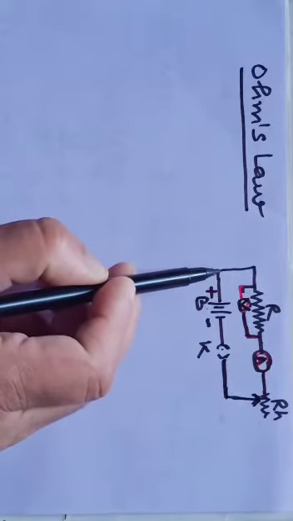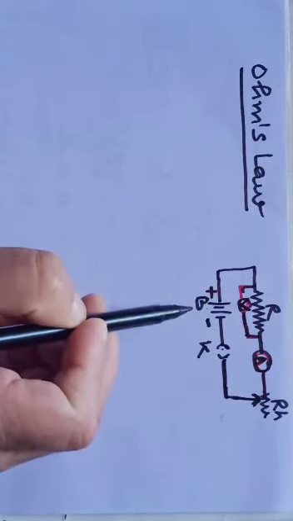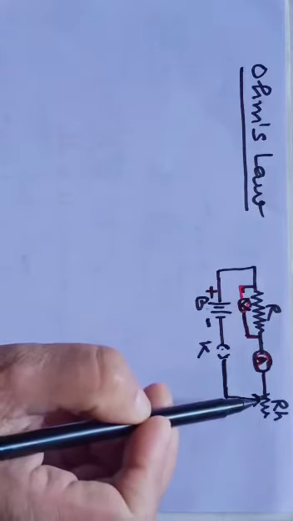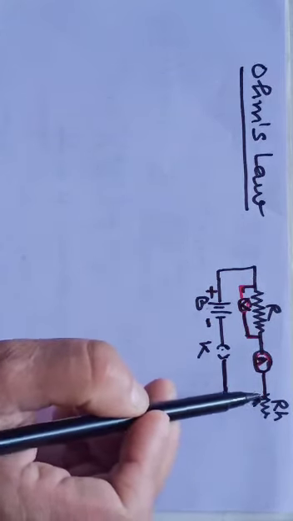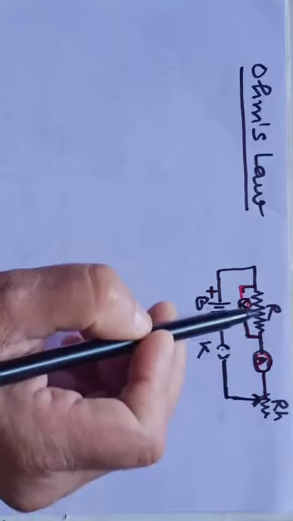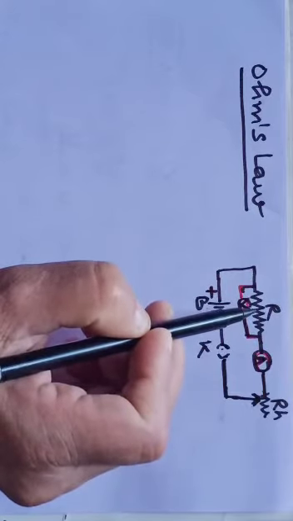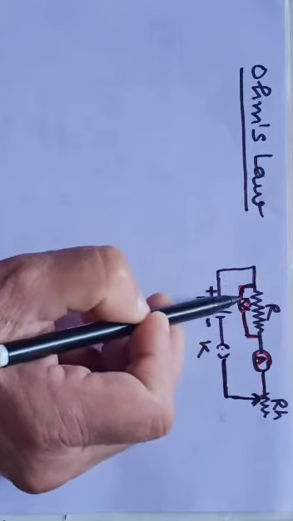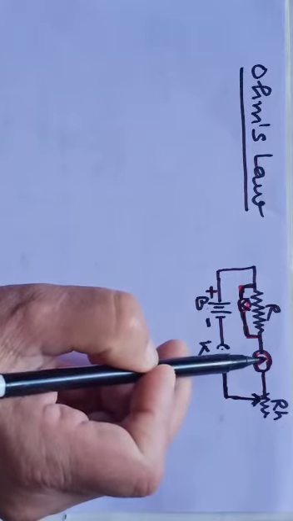To understand this, let us draw a simple circuit having a battery B, key or switch K, a rheostat RH which controls current in a circuit, an ammeter, a resistance, and a voltmeter. This resistance may be a bulb, a fan, a tube light, or any other electrical appliance. This voltmeter is connected in parallel to the resistance, while the ammeter is connected in series.